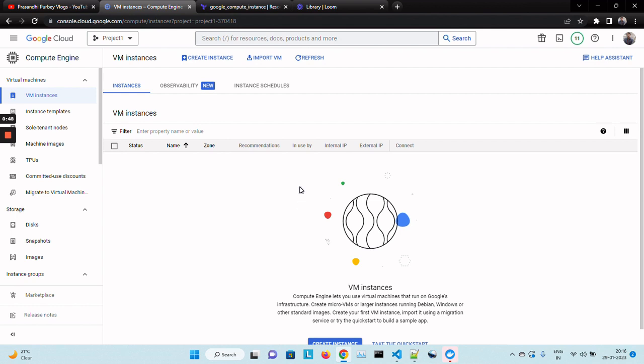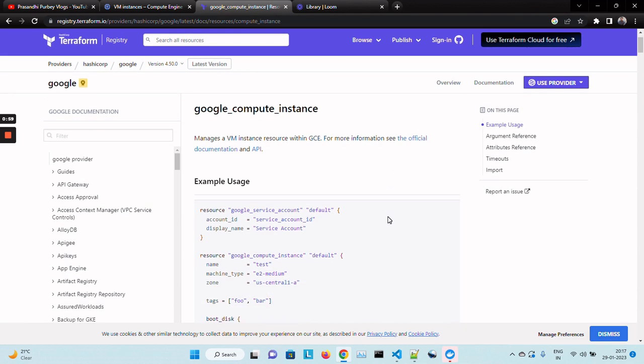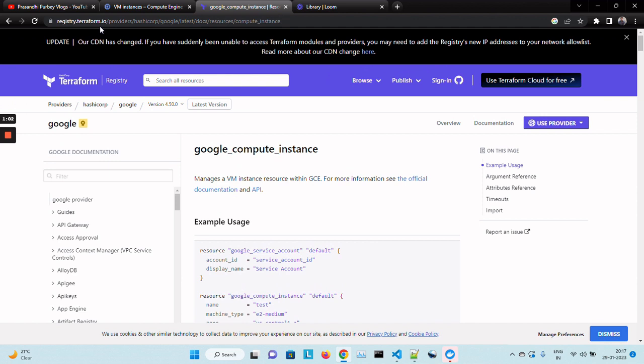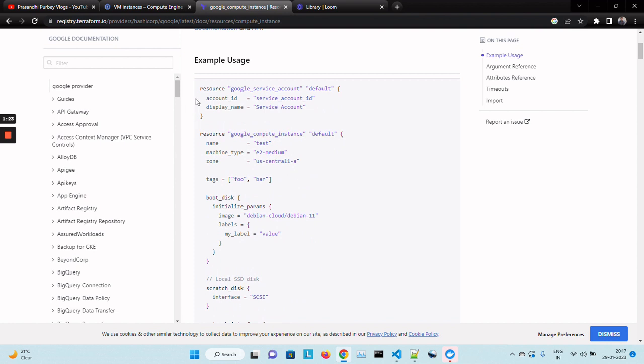To create a VM in GCP using the Terraform code, you need a Terraform configuration file, and the content of the Terraform configuration files you can take from registry.terraform.io. If you search for how to create a VM using the Terraform code, you can reach this page, and you can see here Google Compute Instance, the Compute VM, and we have the example code here. So let's copy this and